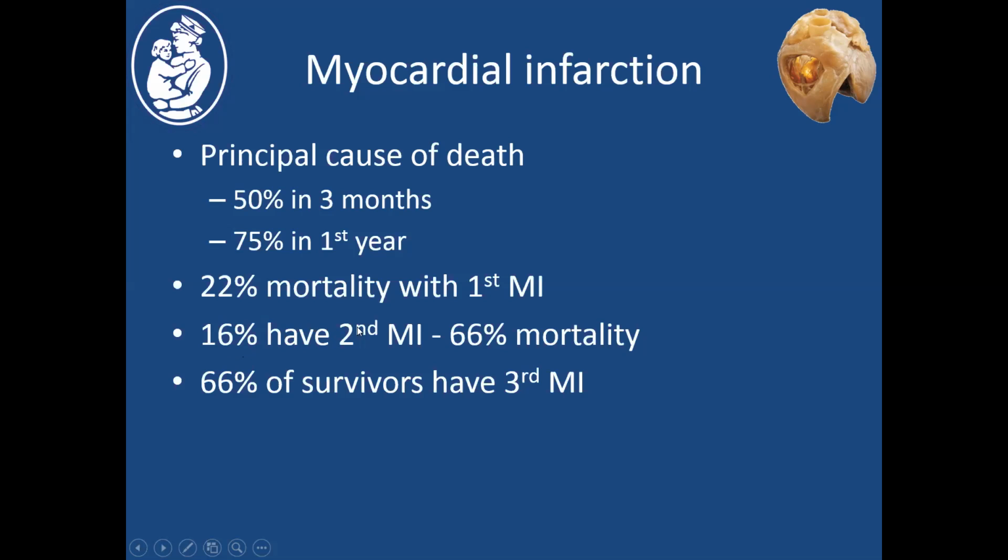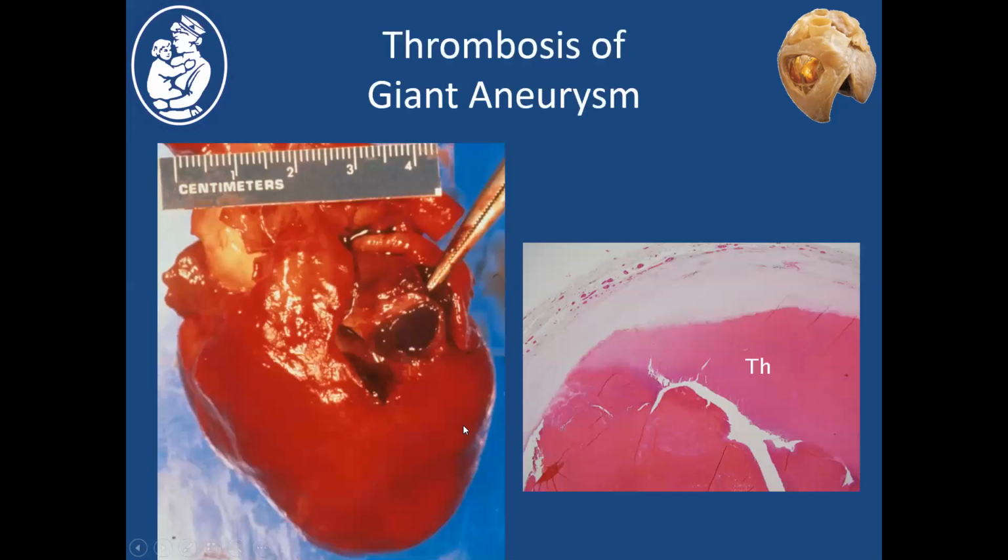About 16% can have a second infarction, and there the mortality rate's even higher, and even higher likelihood of having a third myocardial infarction in survivors. So here's an example of a thrombosed aneurysm in this patient. Here you can see in histology the thrombus is adherent to the vessel wall, essentially occluding the lumen, causing